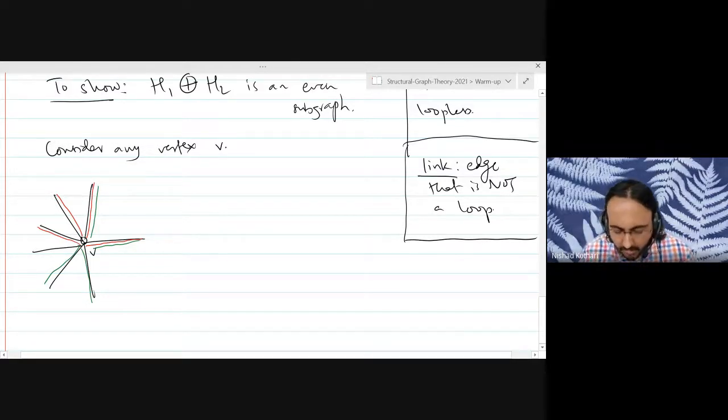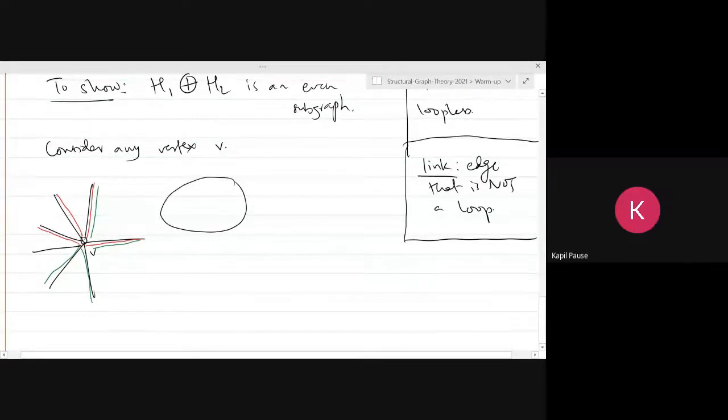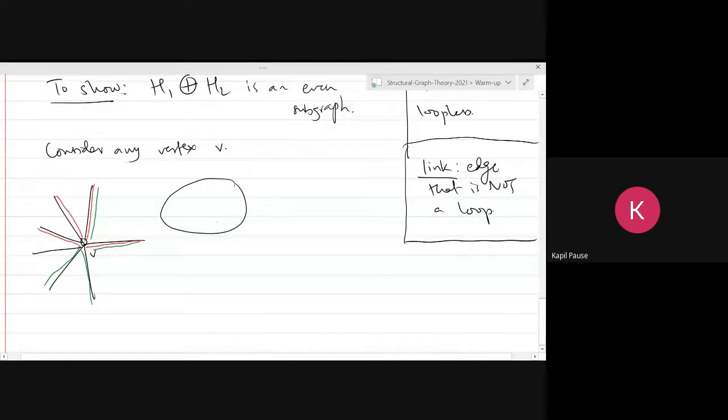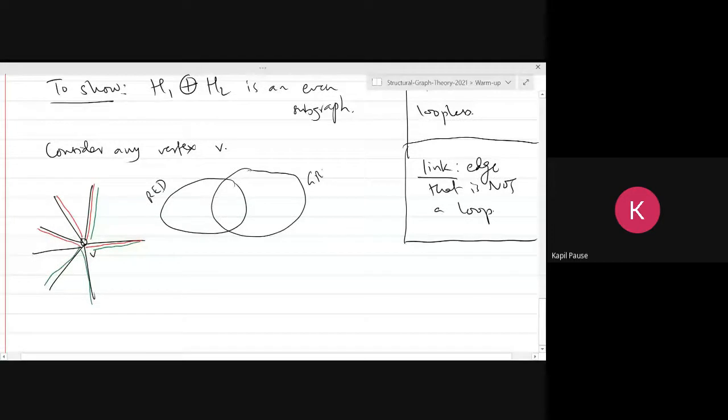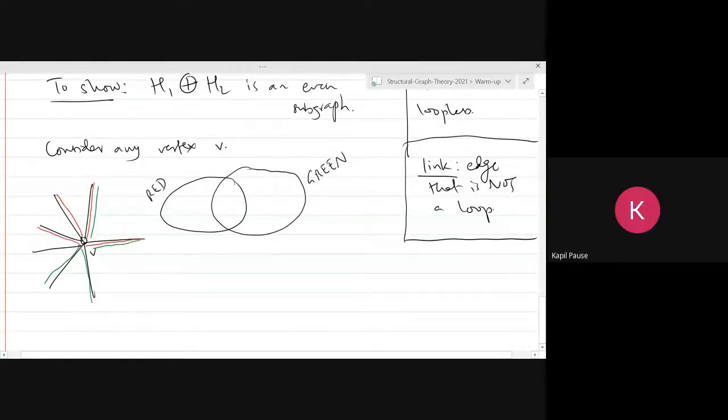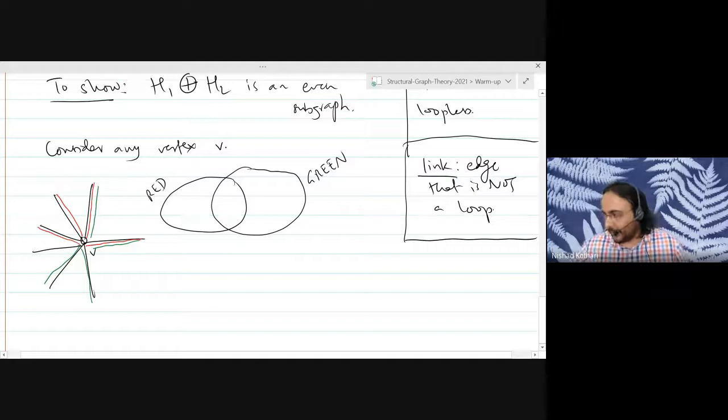Exactly. Another way to visualize this using Venn diagrams, if you like. Actually, if we think in terms of adjacency matrices, then we are just XORing them together. Right, that is true. And the XOR of two vectors which each have even weight is also even. So you can use a fact from algebra that you're familiar with, or you can just prove it again using elementary stuff, right? So let's look at the graph theoretic viewpoint, because not everybody is as familiar with the algebraic viewpoint here, I suppose.